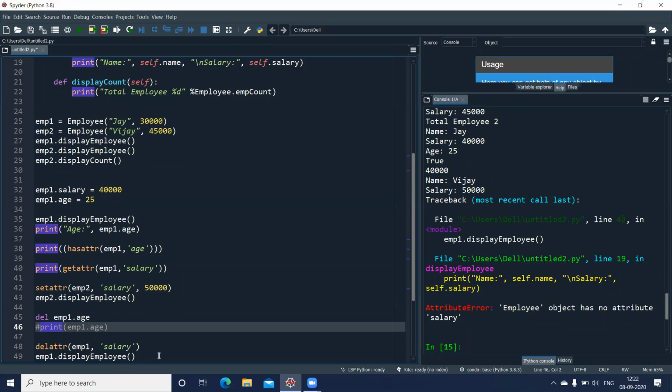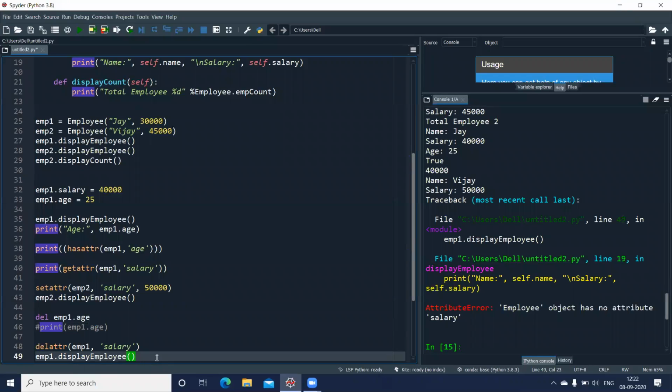Salary not found. Clear? So either way, you can make use of the inbuilt functions hasattr, getattr, setattr, and delattr to delete, or you can also directly make use of del, or you can access the variables directly through the methods which are available. Please remember del is nothing but your destructor.